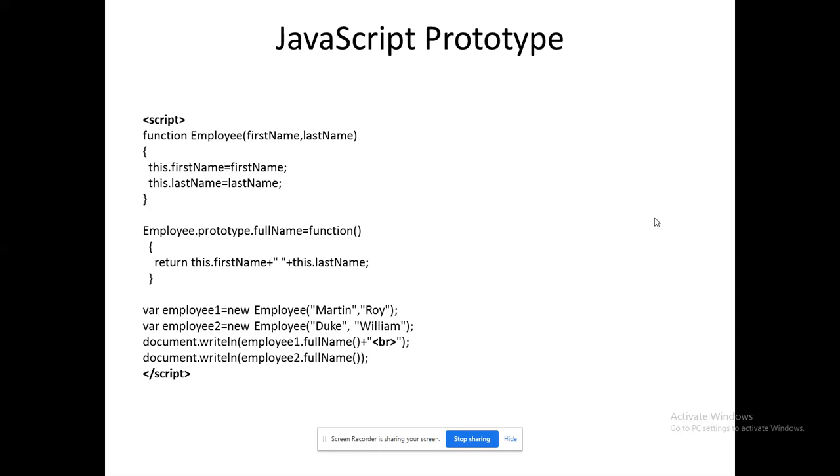A very simple notation. The place I need to explain again is how to create a prototype. Employee is the function name, dot prototype is the keyword, dot full name is the name of the prototype, which is equal to function. Function is the keyword again, right? What has to happen inside the function must be returned in the instance. Employee.prototype.fullName will be returned over that. What it needs to return is what was initialized there, and that is going to be returned in this program. You could even perform any type of operations over that.